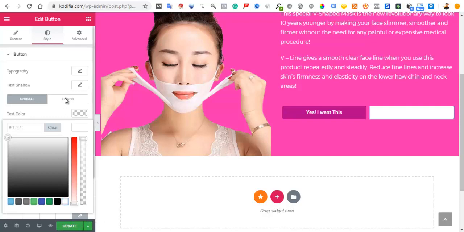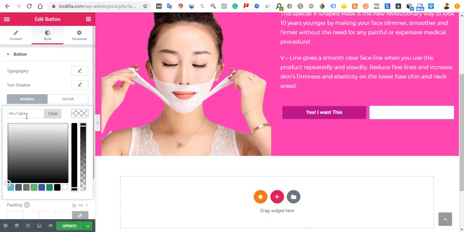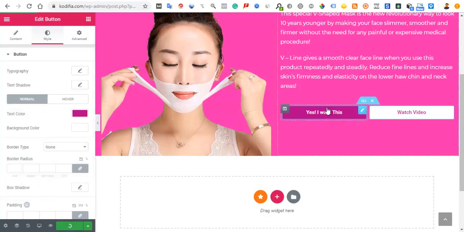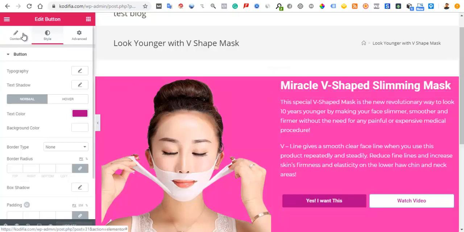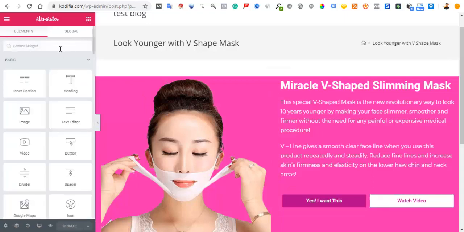Okay, I'm going to make the text this color. Okay, so far we are looking good. I want to add a little space at the top of this, so we're going to come back here and add